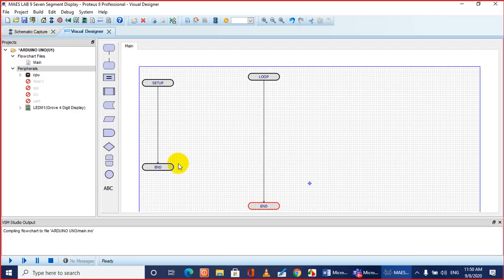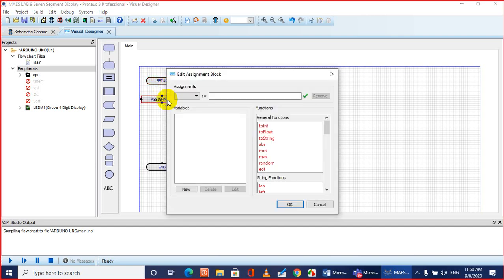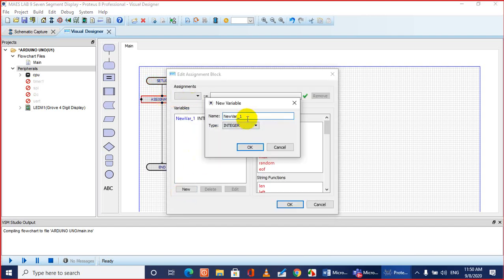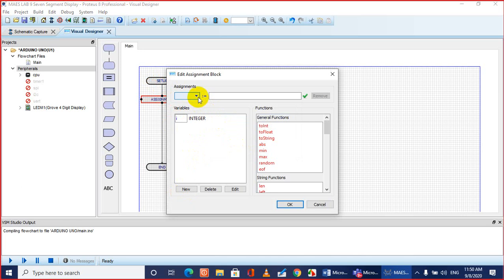We are going to display different numbers, 0 to 9. So let's use a variable assignment. Define an integer variable, let's say I, and initialize the variable with a 0 value.